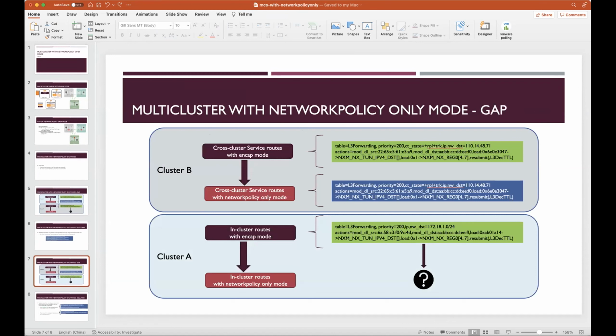Okay, this is one puzzle. Another puzzle is when the traffic reaches cluster B and we need to go back to cluster A. In cluster B, in encap mode, we will have level 3 forwarding and understand the traffic, since we have SNAT. So we know that this IP is from a remote cluster, and the destination matches the remote cluster IP. Then it will go back to the gateway and go back to the